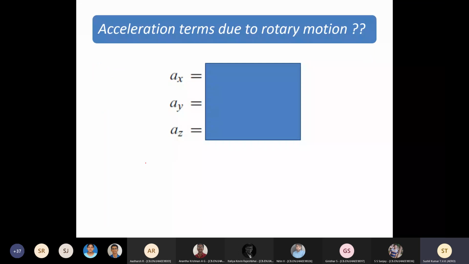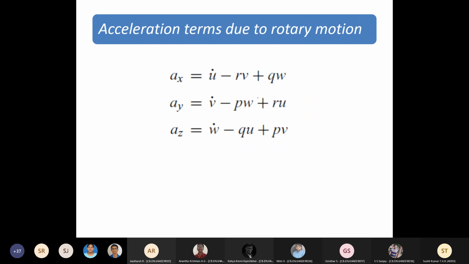So if that was velocity, now what are the acceleration components? Immediately you will say there is x double dot, u dot, v dot, and w dot. These are going to be the linear components. Now, in addition to that, there are also going to be some rotational things. So you'll have to differentiate each one of them. So you have this u dot, v dot, w dot.